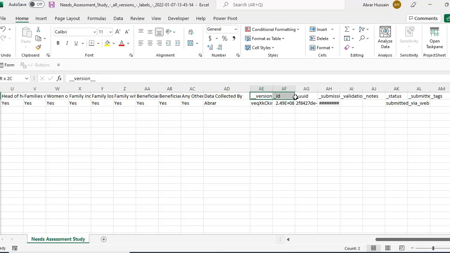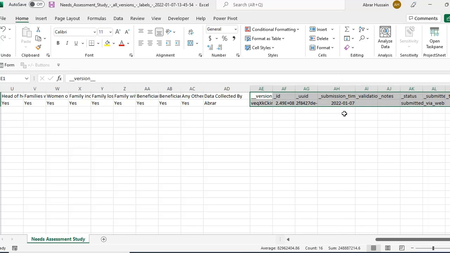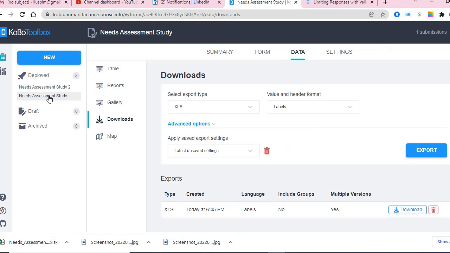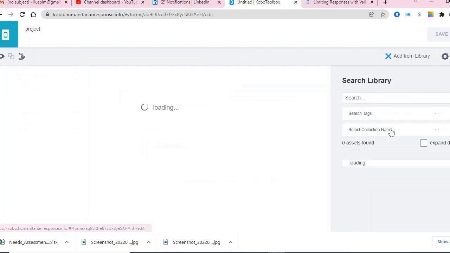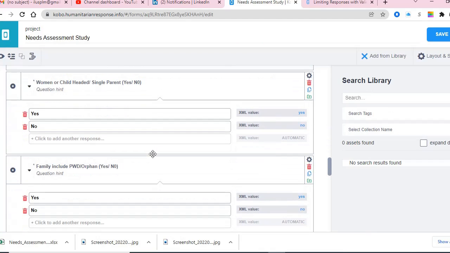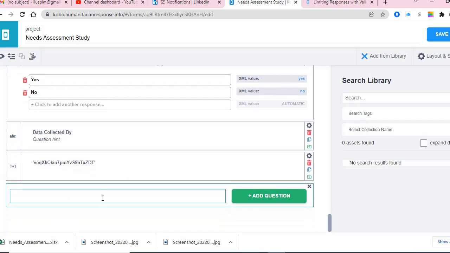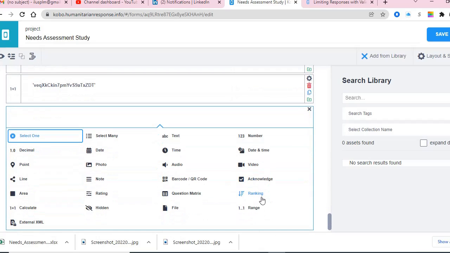And after this column, these are also computer generated tabs just for you to see the submission time, the submission date, and other details. And if you have also added a question for the longitude and latitude coordinates, those would also be available here. How do we add those? For that you need to see the edit form first. Here, for example, if you want to collect coordinates of a specific place also, in the add question, you will need to select